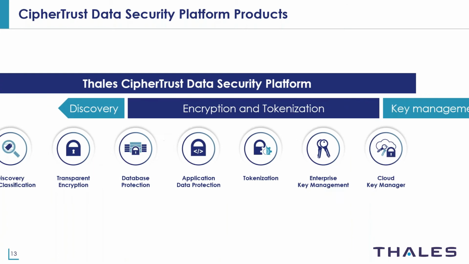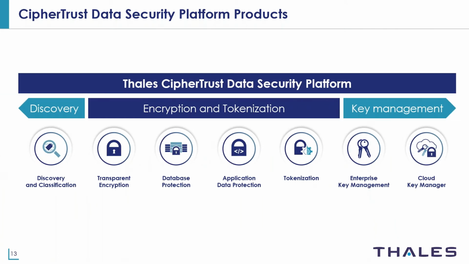And we'll be looking in detail a bit at what's included in the product. The first part, of course, is discovery and classification. We've already talked about that. The second part is encryption and tokenization. There's a solution for data at rest to encrypt those. There's a solution for your databases. You can really encrypt on a column level in a database. You can encrypt applications at the application level. And of course, you can use tokenization to protect your sensitive data. You can, for example, switch out credit card information. And the third